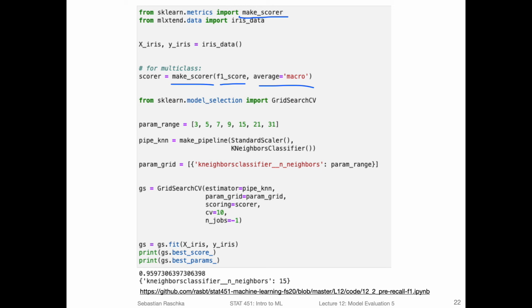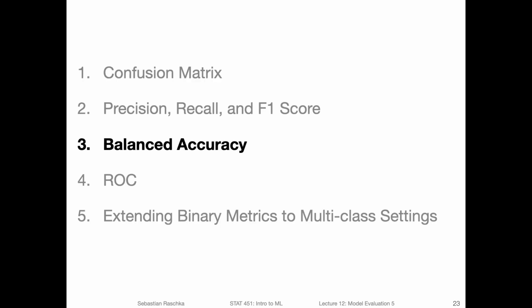But yeah, if you are basically trying to do a multi-class problem and it doesn't work using F1 score, then you know it's because you probably didn't do the average, and what that means will be discussed in the last video. And yeah, we can then provide the scorer also to the grid search, and this is how we can use different metrics instead of just classification accuracy to do the grid search.